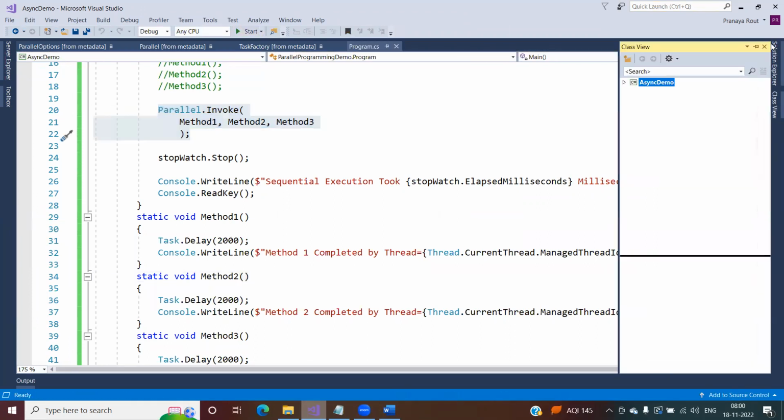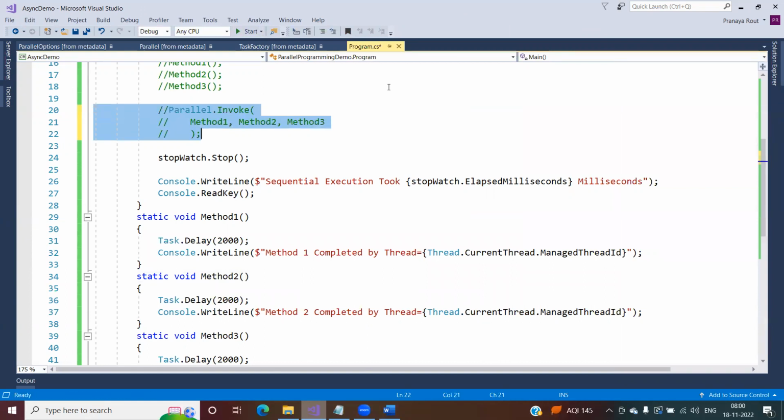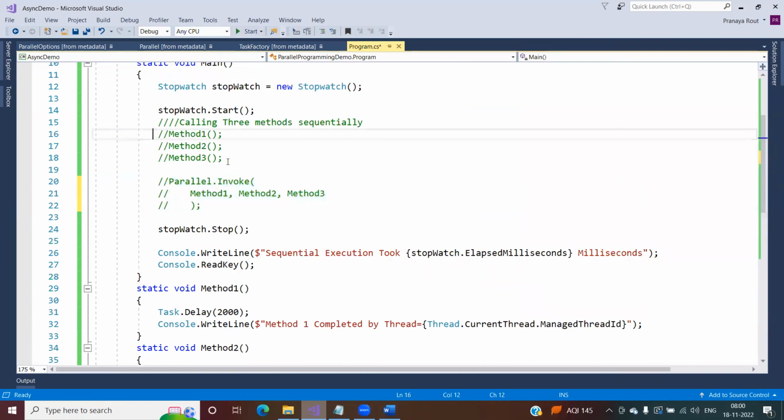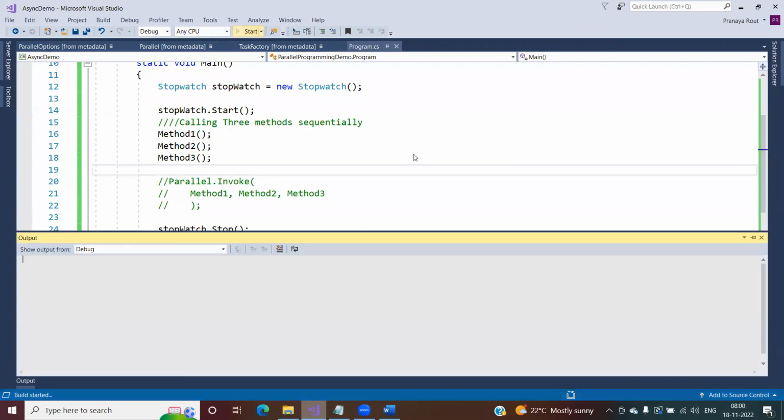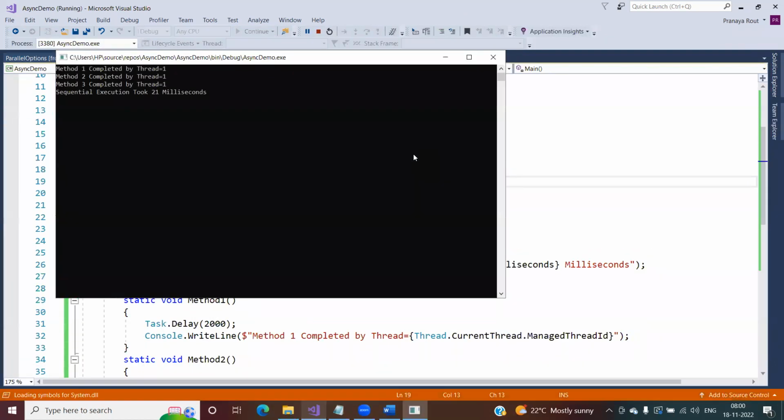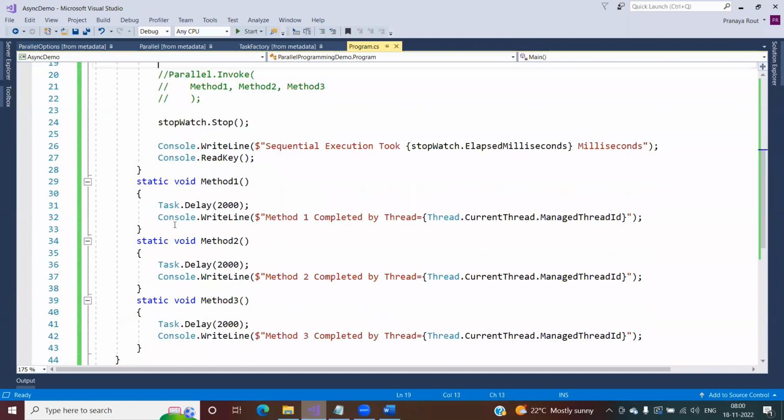Now what I'm trying to do, again, I'm going to unblock these things, and now I'm going to execute these things. 21 milliseconds. Why is this not